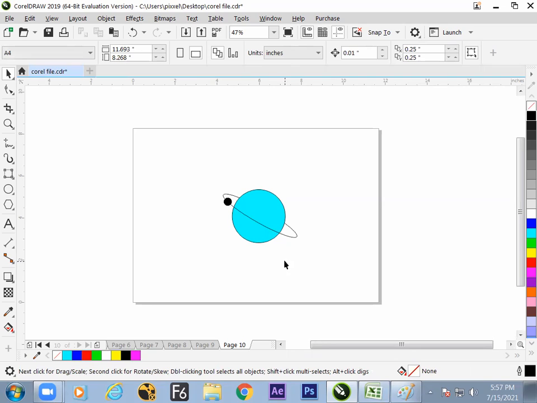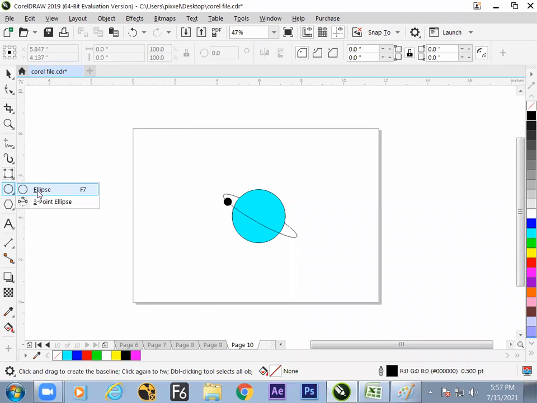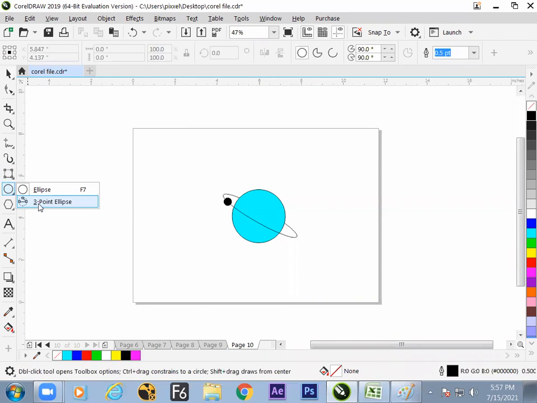So the task of the day, what we have learned, is this on your screen. We have learned the 3-point rectangle, ellipse, and 3-point ellipse.